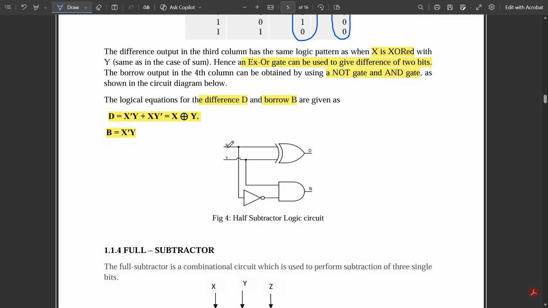You see here there are two inputs taken, x and y, and first is the difference. It is an XOR gate, so x and y should be given to one XOR gate, and the output is the difference obtained between those two bits. And from the same input bits you should take x bar, so from the x input you should draw one NOT gate, and the y input should be directly given to the AND gate. Like this you would be getting the borrow expression, and this is the logic circuit obtained for a half